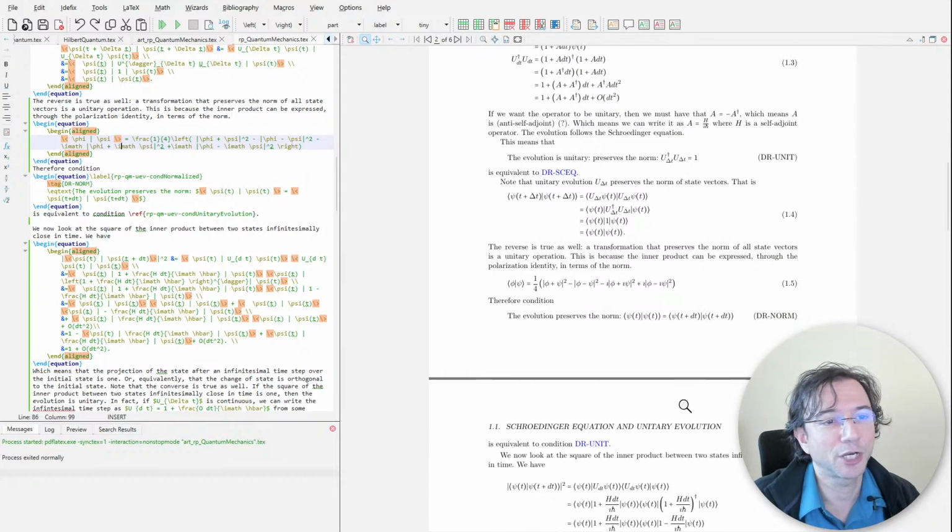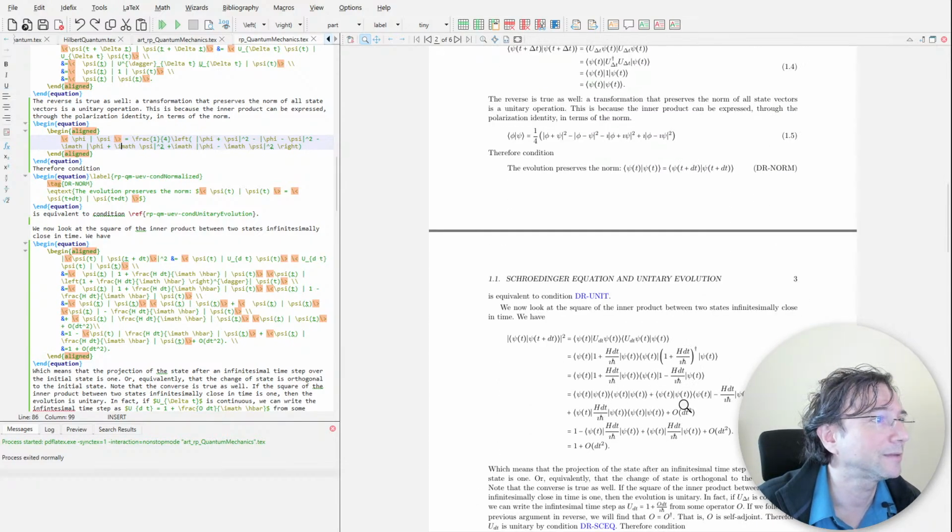I'm going through the whole thing to make sure that it still makes sense after a week that I've looked at it. So we got this: the condition that evolution preserves the norm is equivalent to the unitary condition, and we now look at